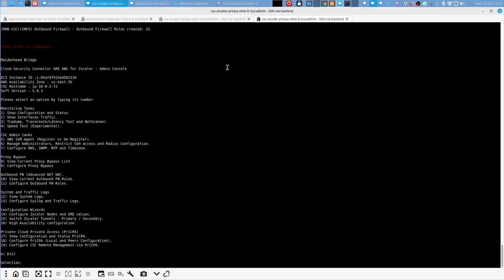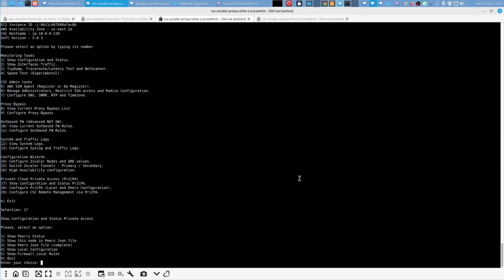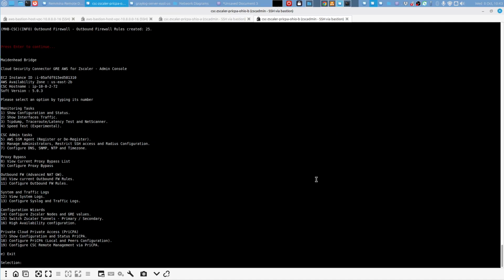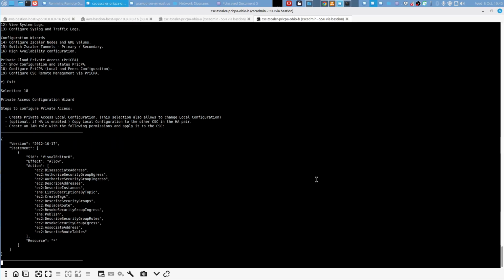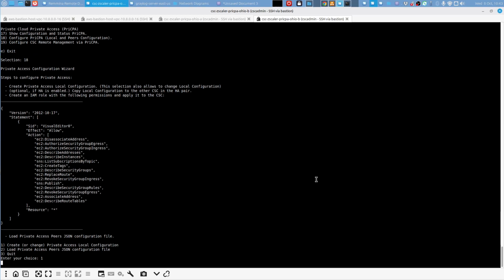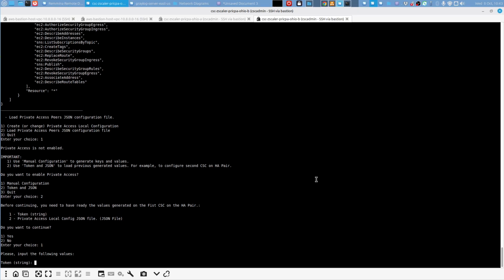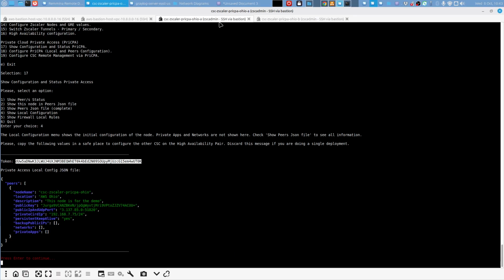I'm going to copy the PriCPA configuration. And here, what I need to go is 17 and show local configuration number 4. And this is the information I need to copy to the other connector, the token and the JSON file. First, remember PriCPA is 2 steps, local configuration 1, and then the URL. And here I will use token and JSON. Do you want to continue? Paste the token and paste the